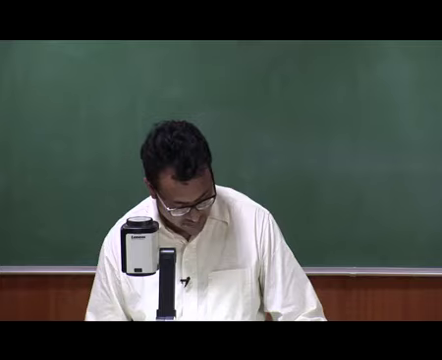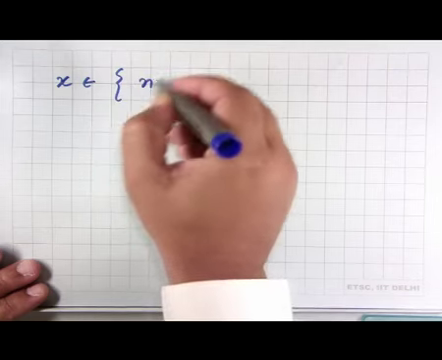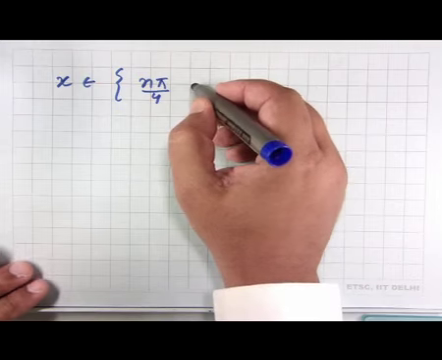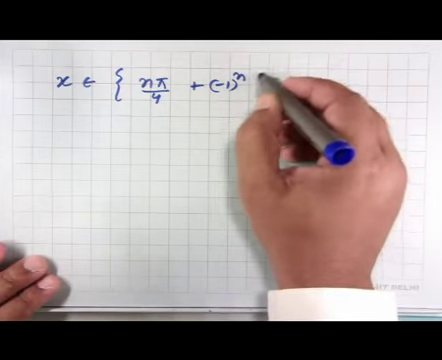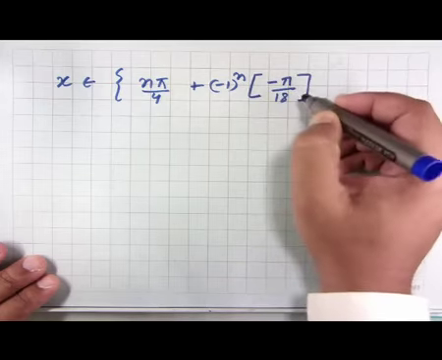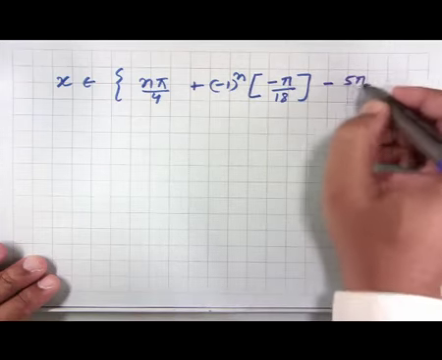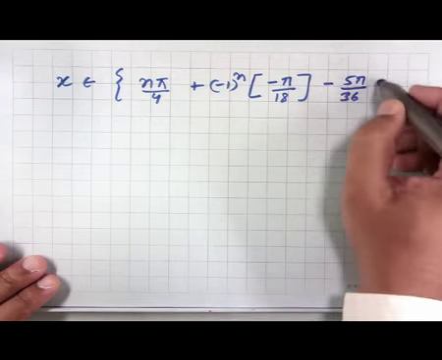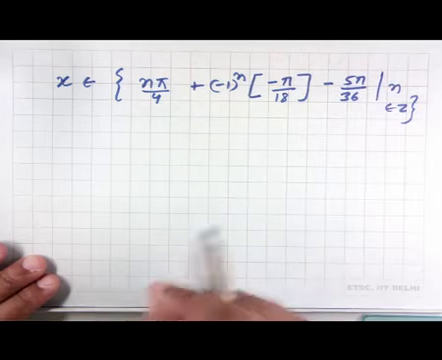So, what we end up getting is that the solution set is of the form x belongs to n pi over 4 plus, we can actually bring the minus outside, into minus pi over 18 minus 5 pi over 36, for all n belonging to the set of integers. So, this is the general solution to this problem,